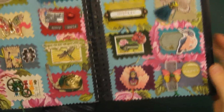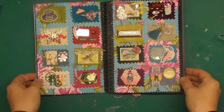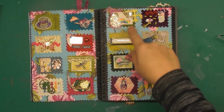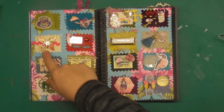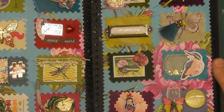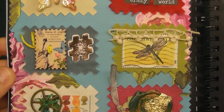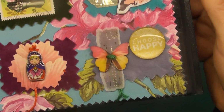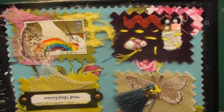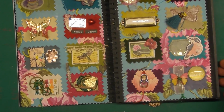And then what I did, some movement between the individual pieces is, can you hear the 6-year-old in the background? I did some of the pieces overhanging, so some of the trims, some of the threads I didn't cut. I'm going to zoom in and then just sort of, so these are all things that make me happy, things I like looking at, and just symbolism and elements I like. I really enjoyed making this page, and so it's a really happy page to look at, purely because of the